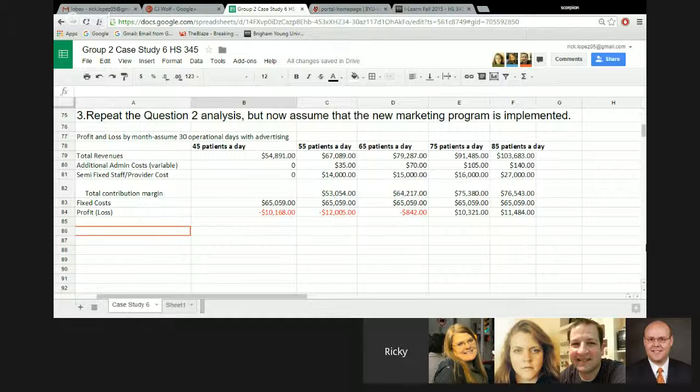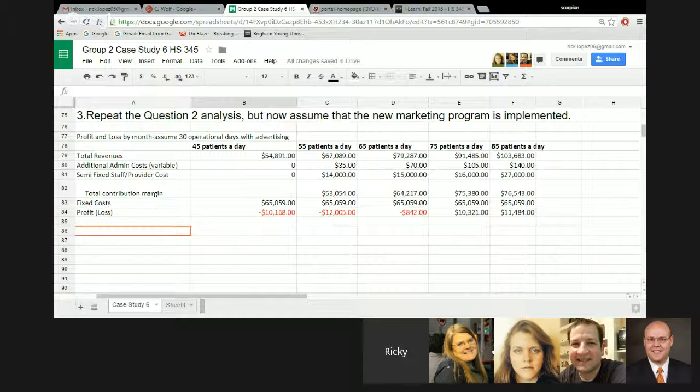And if we have 65 patients a day, which is 20 more than we have now, we're still losing money, although only $842 a month. But 75 patients a day seems to be a lot better, and we only have to add $16,000 for the semi-fixed provider costs. That jumps up to $27,000 if we jump up to 85 patients a day. So the 75 patients a day would be our preferred